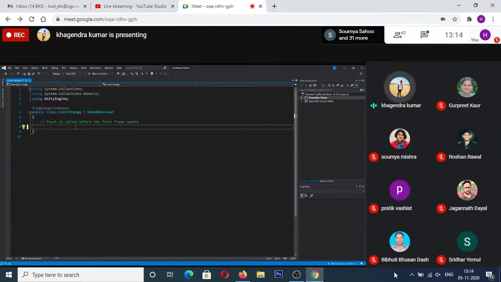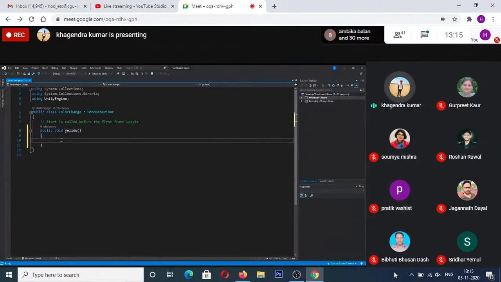So I'm going to go ahead and create a public method because I want the event system to be able to access this function, and I don't want it to return anything. So I'm creating a void method, and I want to make it, let's say, yellow. So I'm trying to change the color of the cube to be yellow. So I'm naming it Yellow. Now, once I do that, I'm going to give the parentheses as in the programming.